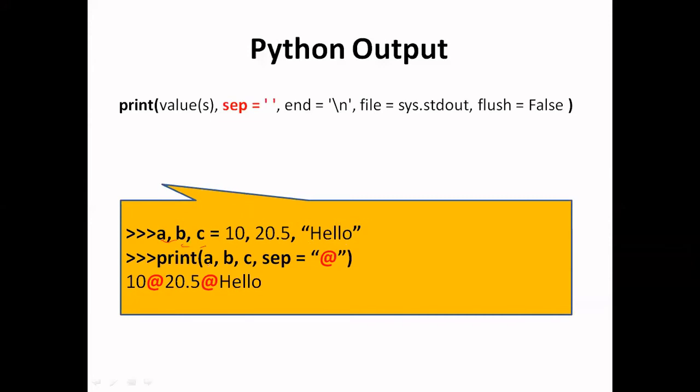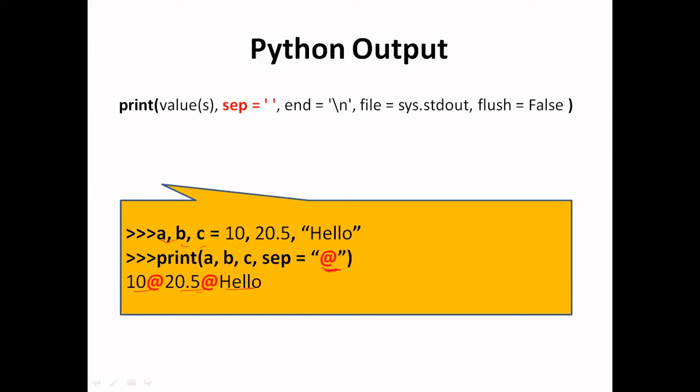And if we want to print these three variables separated not with a space but with the @ character, inside this keyword argument sep, we can write an @ string. So these three values will be separated using the @ character.